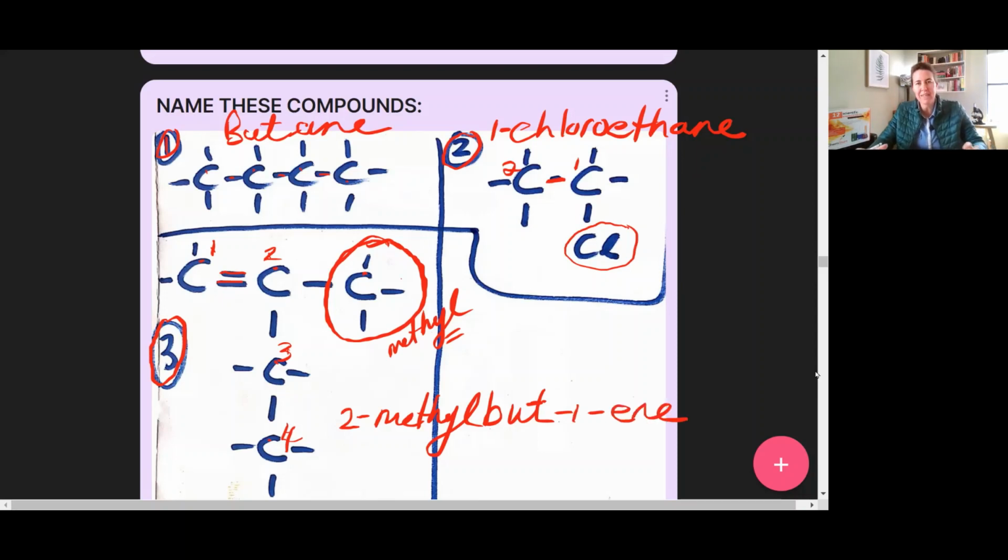Take note that between any number and letter, there should always be a hyphen or a dash. And there is no space whatsoever between the prefix and the suffix or the main root part of the name. We only ever have a space in naming of esters, right, where the part that came from the alcohol is written separate from the part that comes from the carboxylic acid. And this is how we name organic